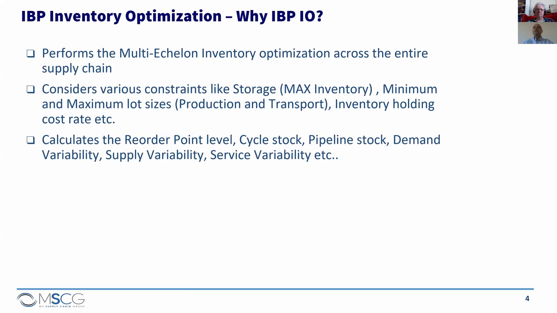And then it also gives you reorder levels, reorder point levels, and different types of stocks, like cycle stock, pipeline stock, or merchandise stock. So you can see how much safety stock you receive due to demand variability and how much safety stock was generated due to supply variability. You can do that comparison and adjust your parameters accordingly.